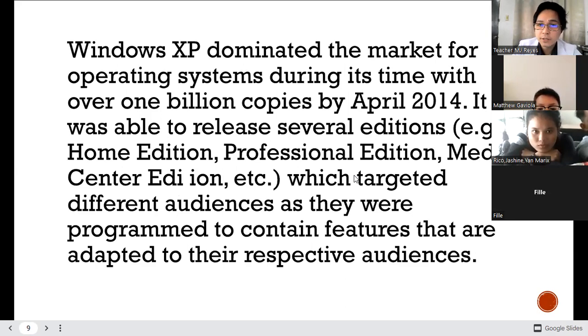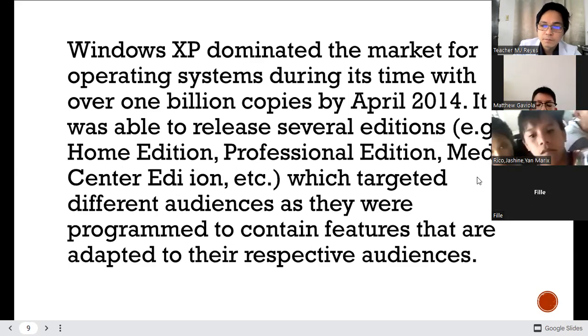It was released in several editions, like Home Edition, Professional, Media Center, and so on. It also had versions which targeted different audiences, as they were programmed to contain features adapted to their respective audiences. Are you still with me?